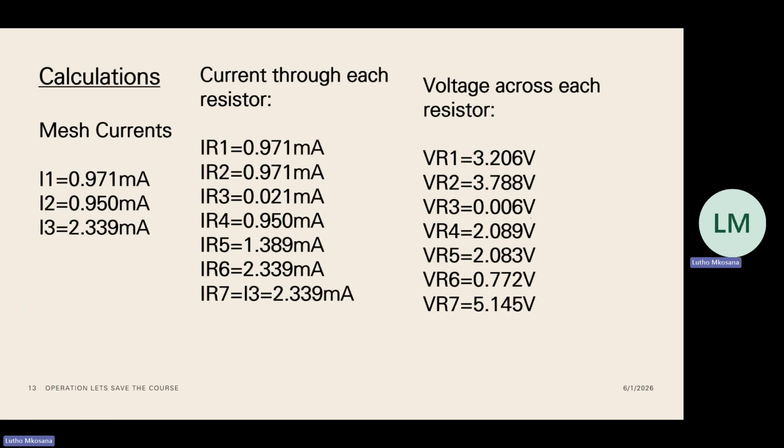So our mesh currents equate to these values over here. I1 would be 0.917 milliamps, I2 0.95 milliamps, and I3 would be 2.339 milliamps. So to get the current flowing in each resistor,